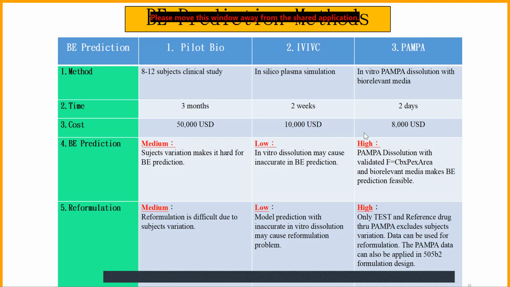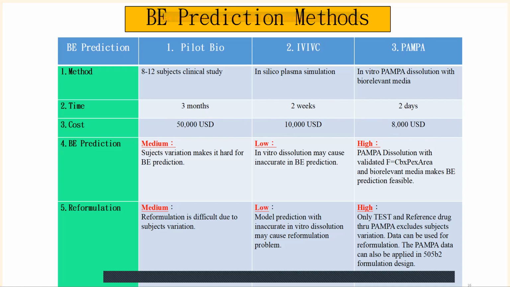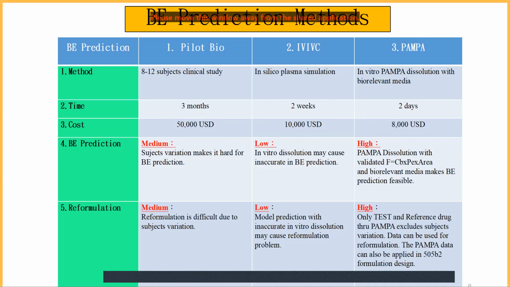As you can see from the table, the cost is a lot different between the three methods, and in fact, in terms of BE prediction, right? This PAMPA method is much higher because it has a proven IVIVC model for everybody to follow, and therefore it's precise in terms of doing this dissolution and permeation